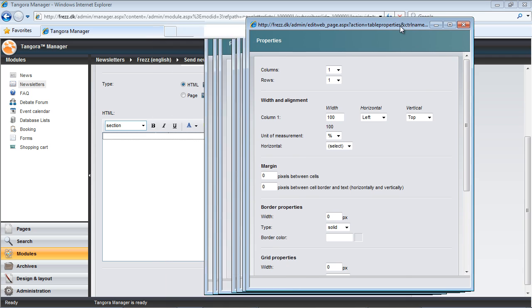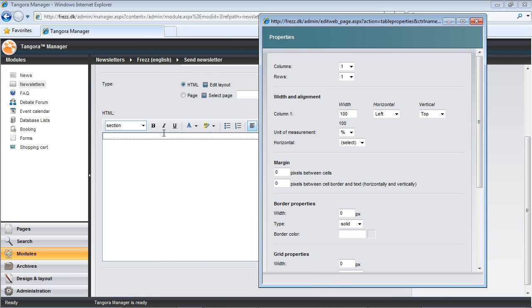I should just touch on the use of tables as a building block here, because some might question why we used what might be considered an old-fashioned tool. Some of you may be familiar with Tangora's Visual Designer tool, which can be used to create layouts based on div elements, which is the currently preferred way of making a layout for the web. That's all well and good, but in the world of newsletters, based on the keep it simple principle, we're well advised to stick with tables. On a related note, we should also try to avoid CSS or typographies if we can, and stick with rich text editor styling, or indeed tweaking the HTML.